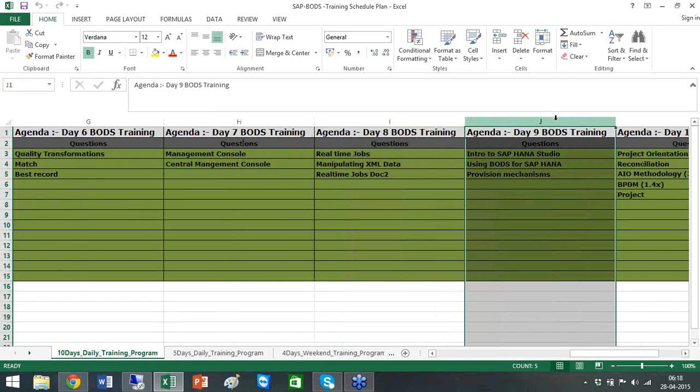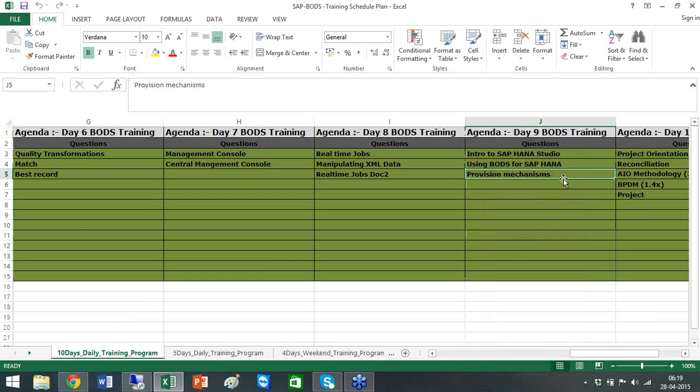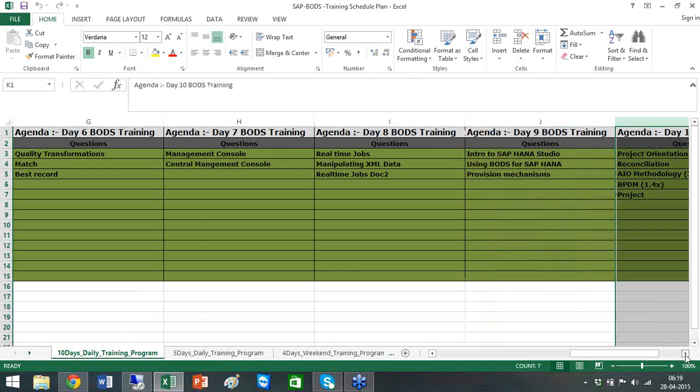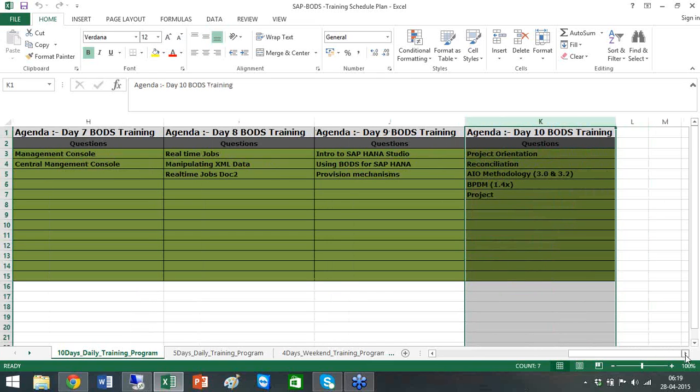And later we will look at an introduction to HANA Studio and a walkthrough on the architecture and how we connect and create connections in HANA Studio. And once we look into that, we will see what the different data provisioning mechanisms are and how you load the data into the SAP HANA system, followed by the project session. So once we are done with HANA, we will look into the project session, where we will talk about different